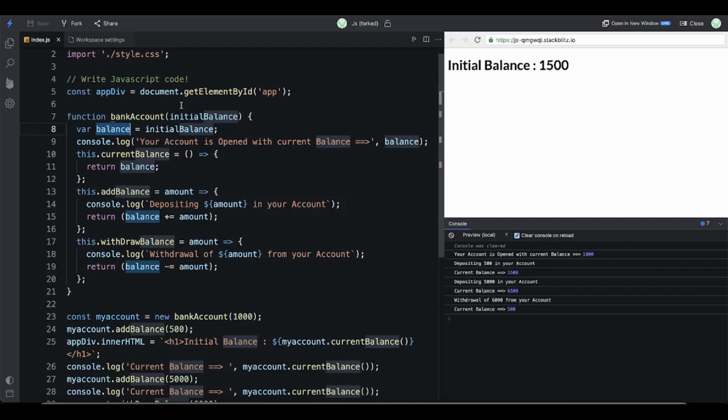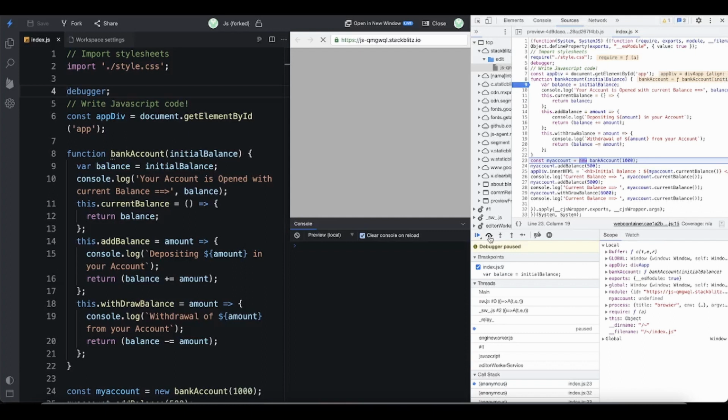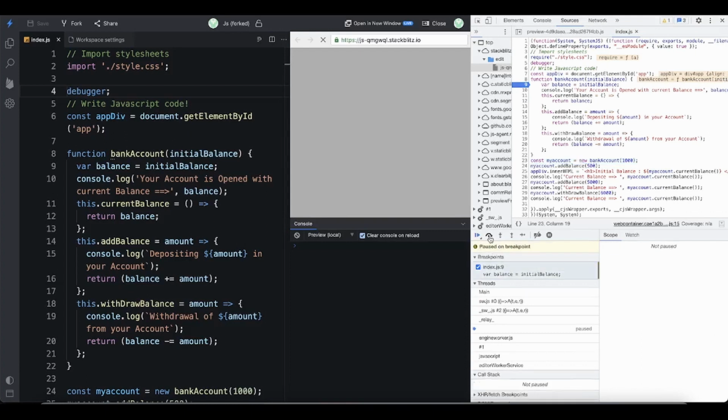So in order to show you how this works, let me try to add a debugger here. So as you can see now, we have come to line number 5 in the control statement. So let's try to move line by line. Coming to the next line, now we have come to line number 23, where we are trying to initialize the bank account function with the value 1000, which is the initial value. You can see balance is currently undefined, and now I think it will be assigned with the initial value which is being passed from line number 23.